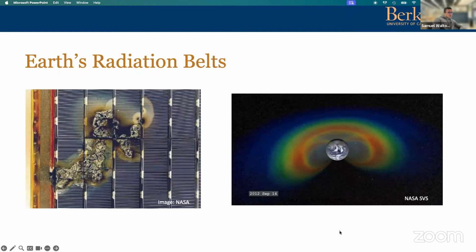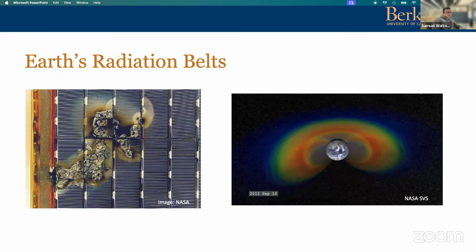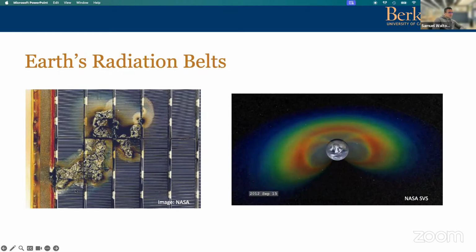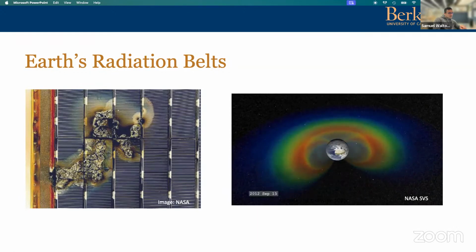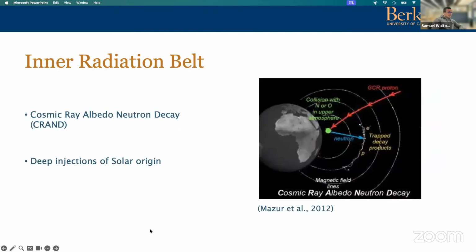And of course, we all probably know the justification, also from a funding point of view and self-justification, is that these can be damaging to our space infrastructure. They can damage satellites, including some physical damage and damage to the electronics on our satellites. This on the left is an image from a lab test of a high energy electron fired at a solar array, which caused physical damage, which I always think is an interesting image to show. So that's our kind of justification.